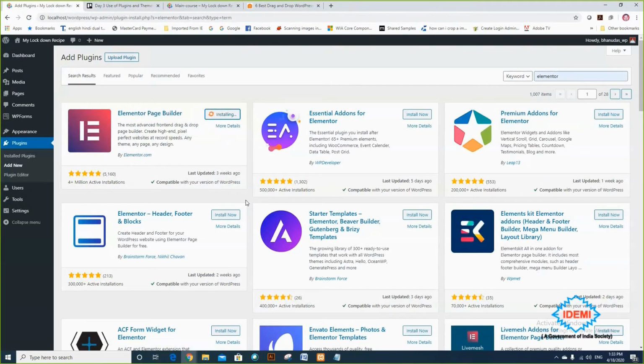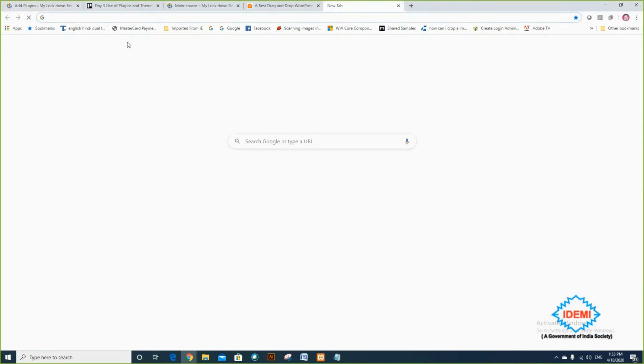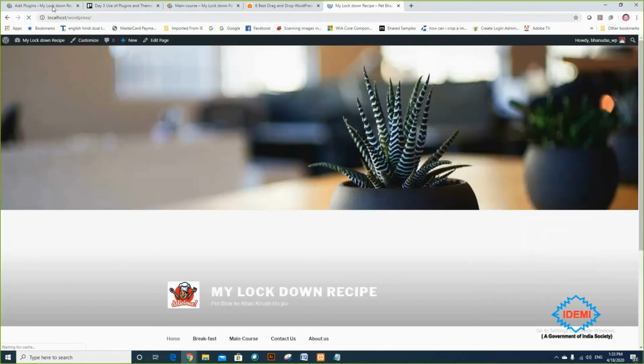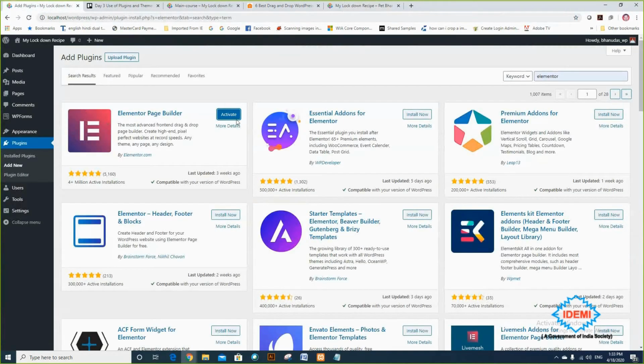By the time, I would like to show you something called a widget, through which you can move or read. I'm choosing localhost WordPress right now. So now my page builder is installed. I'm clicking on activate. Before knowing the Elementor page builder process, I would like to show some widgets here.